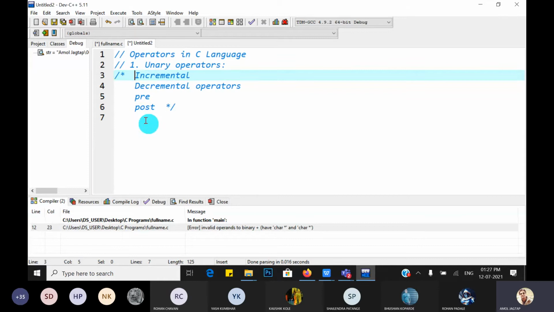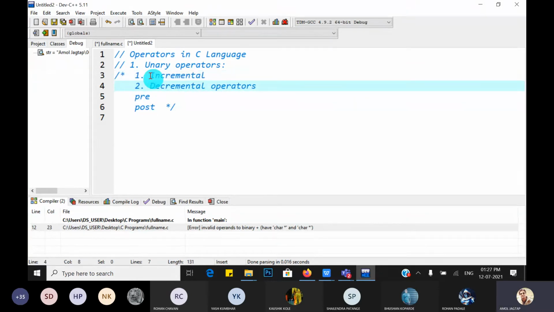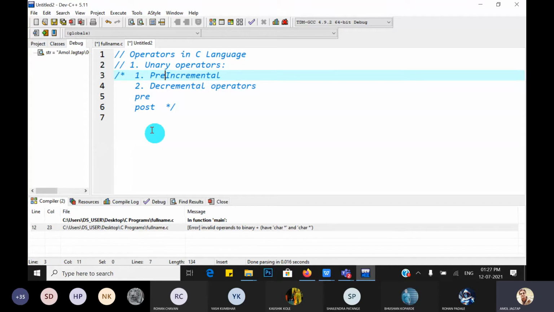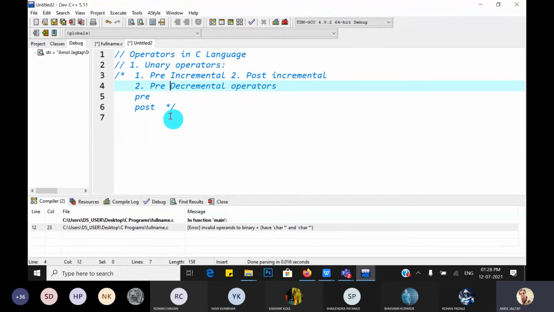So increment is the first type, then the second type is decrement. Pre-incremental and post-incremental. The decremental operator is again divided into pre-decremental and post-decremental operators.